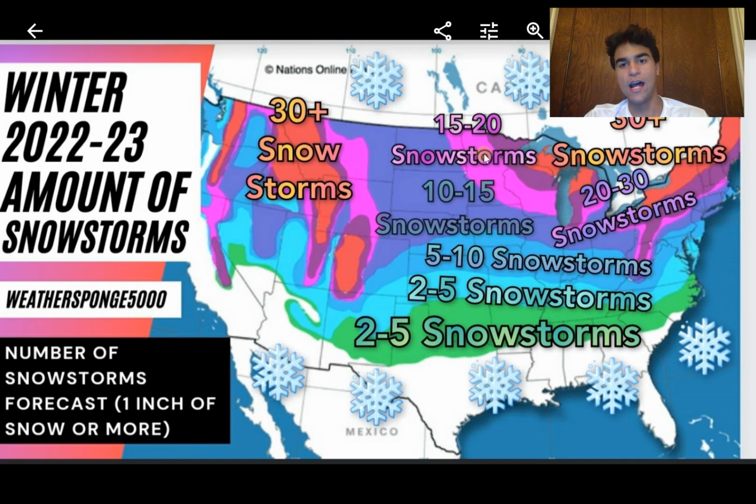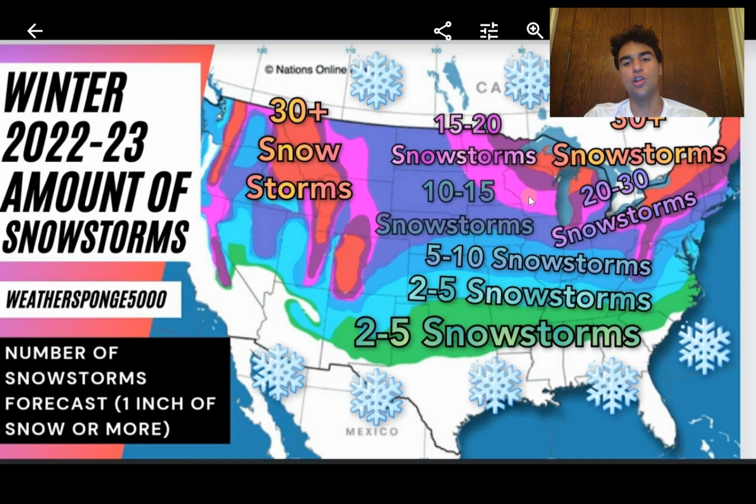Now taking a look just south of that, in the dark purple, you should expect 20 to 30 snowstorms. This includes the Albany area, as well as a coastal portion of Maine, extending to Pennsylvania, right along Lake Michigan, right around the Michigan coast, as well as Wisconsin and the northeastern portion of Minnesota. You should expect 20 to 30 snowstorms this year. Again, the area in the Northeast is a little bit bigger because I do expect more snowstorms than average.